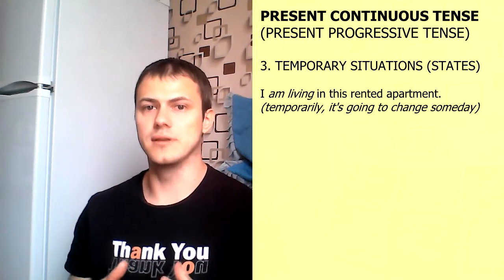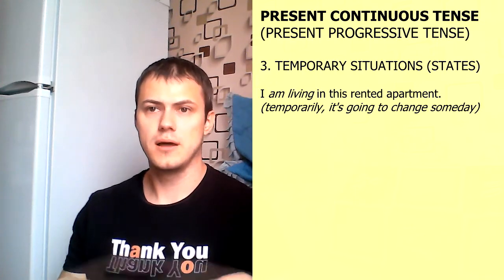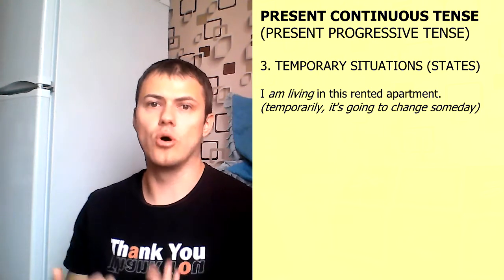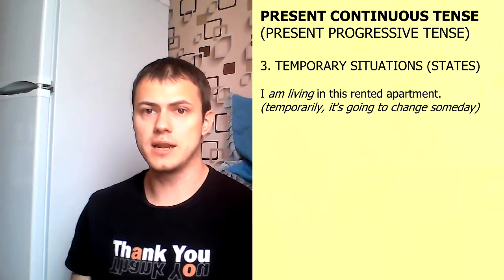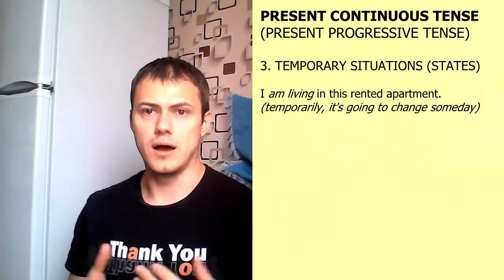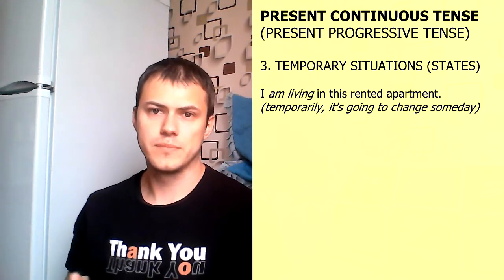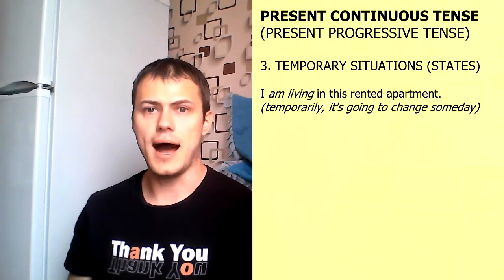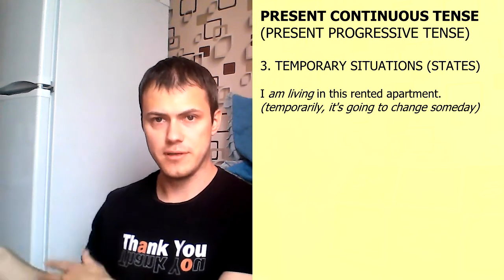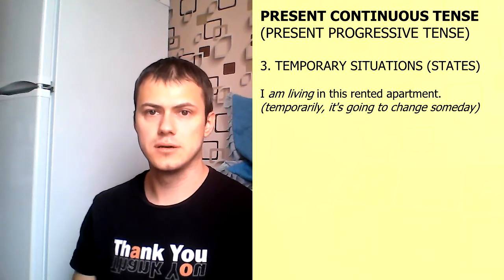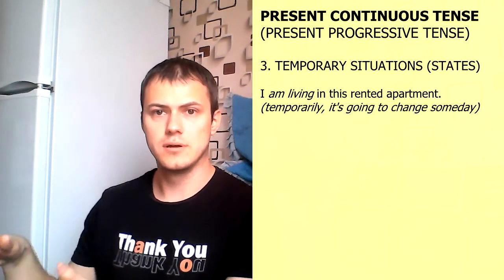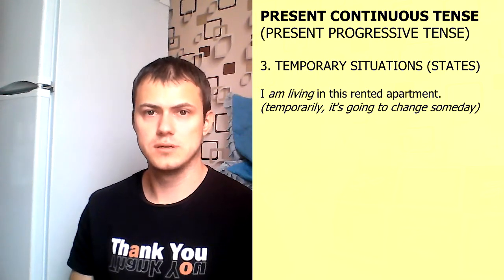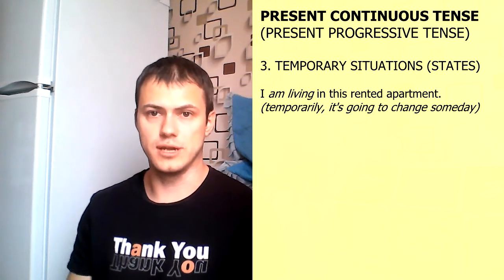I'm living in this apartment maybe for 1 month, and I'm going to live in this apartment maybe for 2 or 3 months, and then I'm going to leave this apartment and move into another apartment or another house. So this is a temporary situation